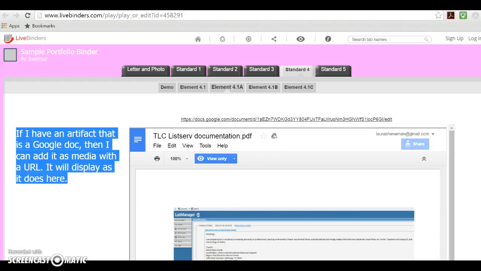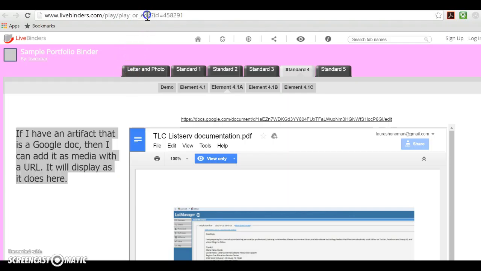So for this assignment, we're going to put it into our live binder. Now, how are you going to let me know that it's in your live binder? Well, one thing is you have to make sure that you've made your live binder viewable or public to everybody else. You can copy your link,